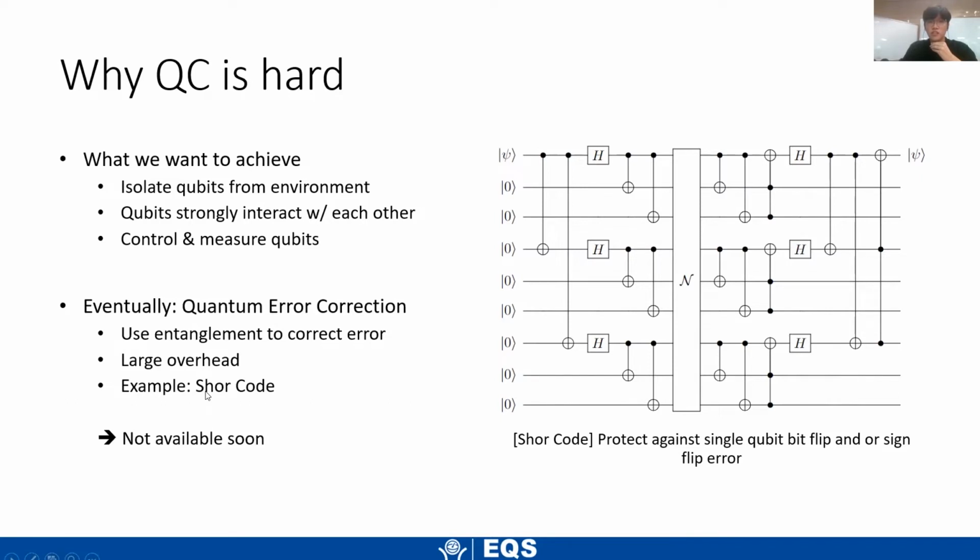So one example is shown on the right. This is called the Shor code. And this large rectangle in the middle is basically the noise channel. It's where the noise is inserted. And in order to protect this 1-qubit state on the top, we use 8 other qubits along with many other gates, including 2-qubit gates and 3-qubit gates. And so this is one example of a quantum error correction code, and we can see that we require a lot of quantum resources in order to implement this.